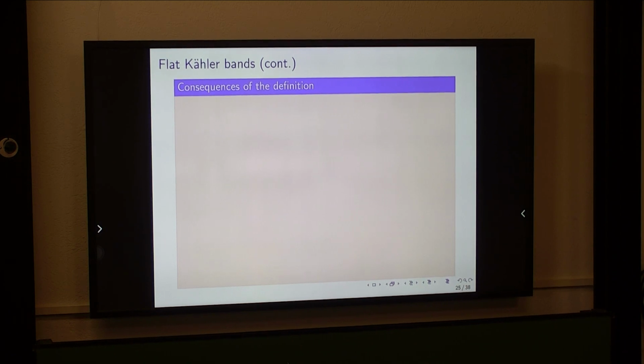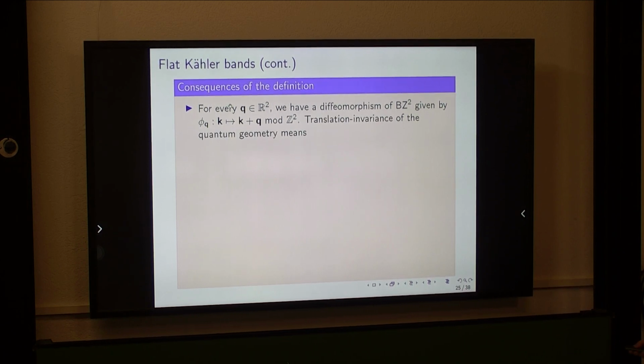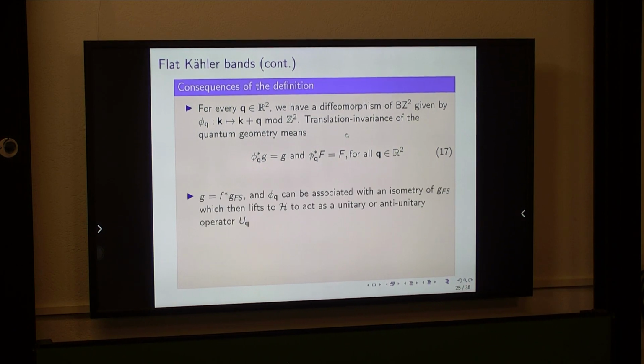Consequences of definition. For every Q in R², I have an induced diffeomorphism in the Brillouin zone, by that, tautological. And translation invariance of quantum geometry means that I have these pullbacks that preserve the geometric structures. And having this equation, I can associate to phi_Q an isometry of the Fubini metric, which then leads to H